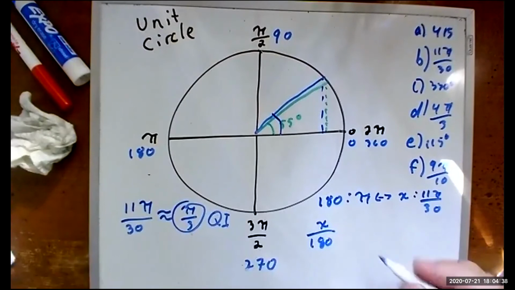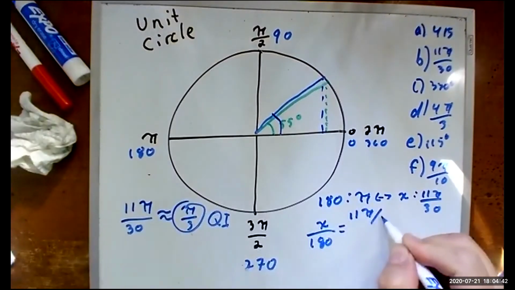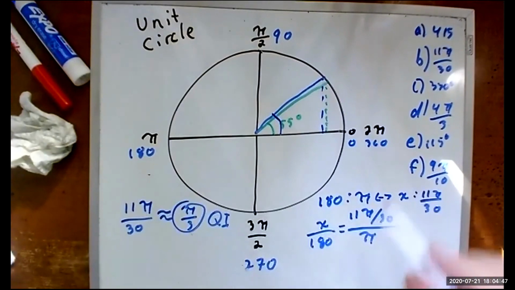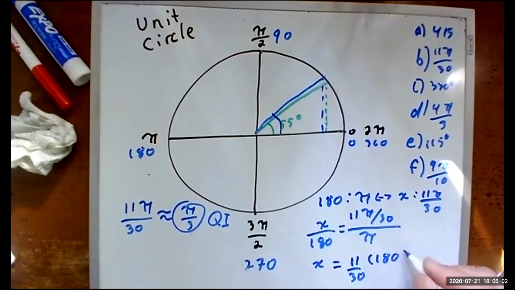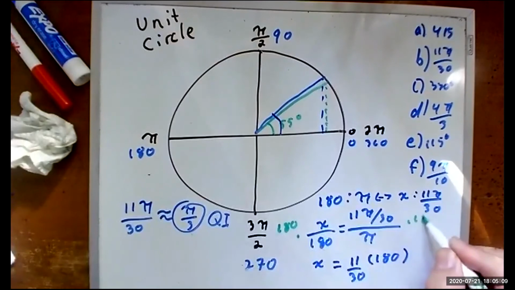So then what we're looking for are fractions on this. I'm going to put it in the easy form. I'm going to put x on top, 180 on the bottom, will be equal to 11 pi over 30 over pi. The pi's are going to cancel. I end up with 11 over 30 multiplied by